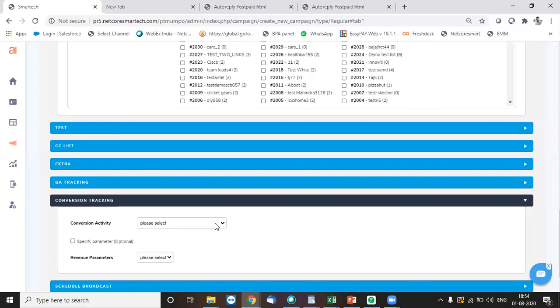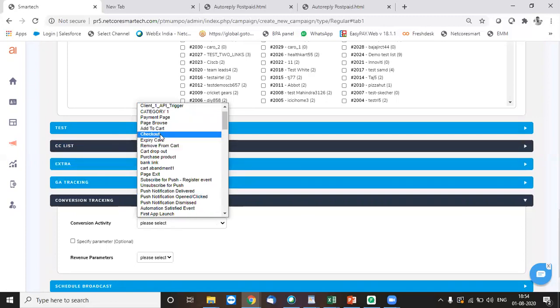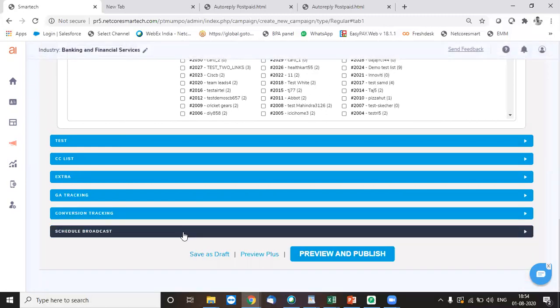Once that is done, whatever your goal activities are behind sending out the email campaign, like you want the customer to do a checkout on your website, or give you some business, has that activity been performed with the help of these emailers or not? This you can track from conversion tracking. When we get the results or reports of the campaign, we would be able to see there how the conversions can be tracked. This is also, of course, optional. You can use it or you can skip it.